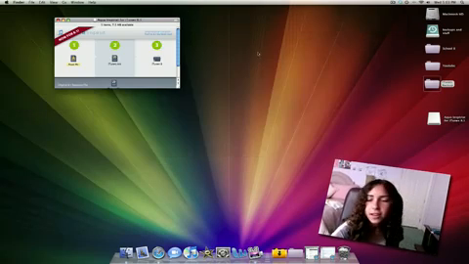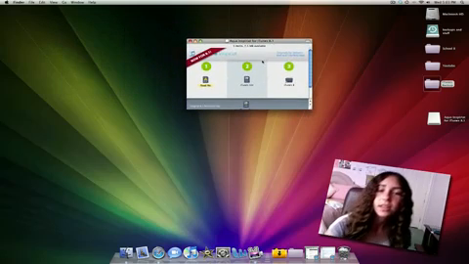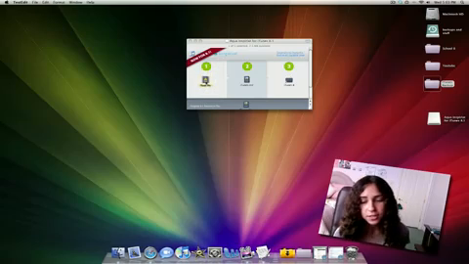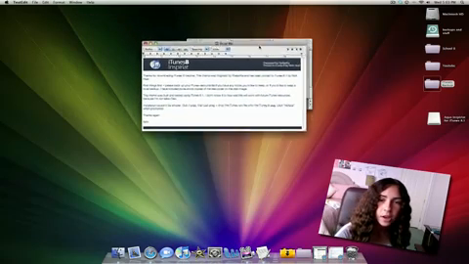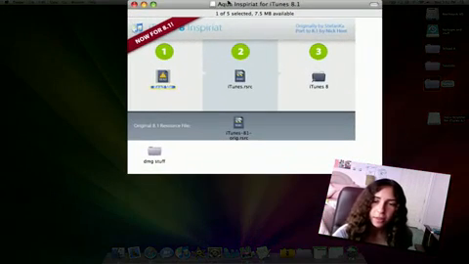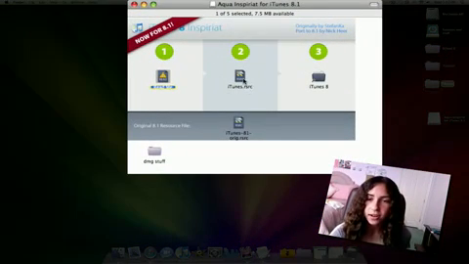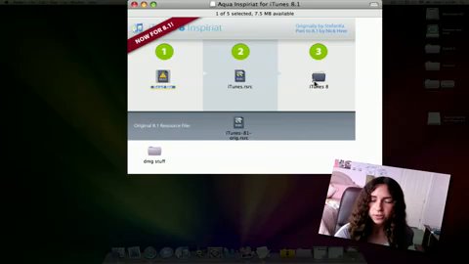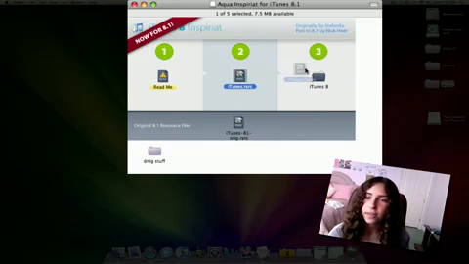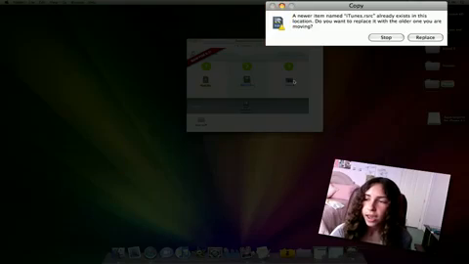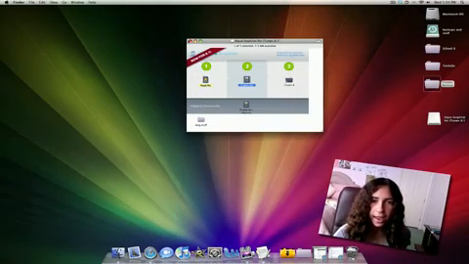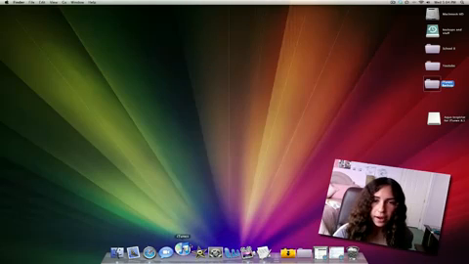Okay, so now that that's done, I'm going to show you how you can actually install the theme. A lot of themes will come with readmes which give you specific directions for how you install it, but you basically install each one the same way. They'll give you an iTunes.rsrc file in the download along with an iTunes alias folder. All you have to do is drag the .rsrc file into the alias folder and click replace when prompted, and that's it. So now if I open up iTunes,